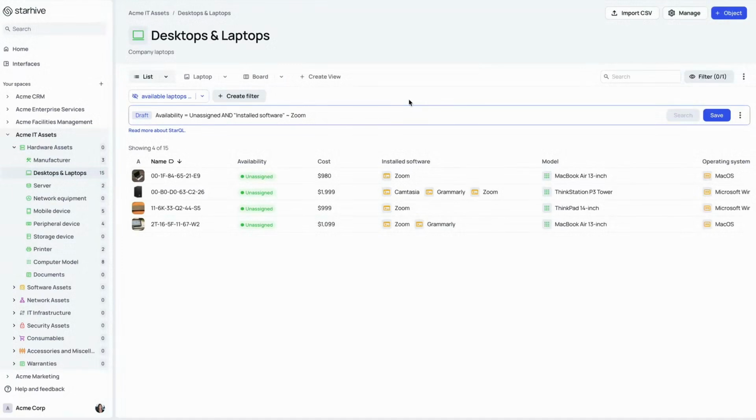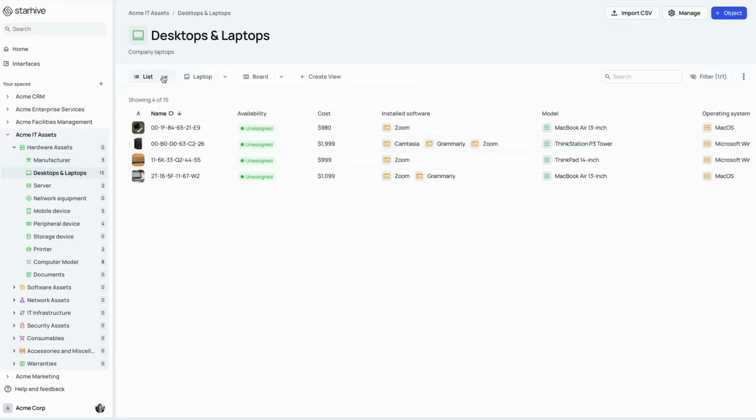Now, assets are not just items in isolation. They have relationships and dependencies to other objects. And with Starhive, you can create as many references or relationships as you need to see how all of your references and objects relate to each other. We have something that we call object graph. So let me remove this filter and